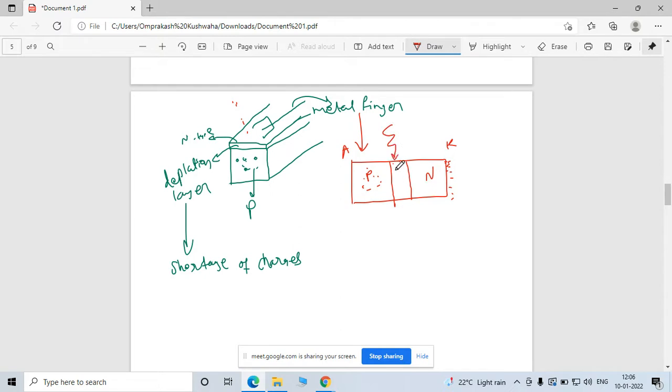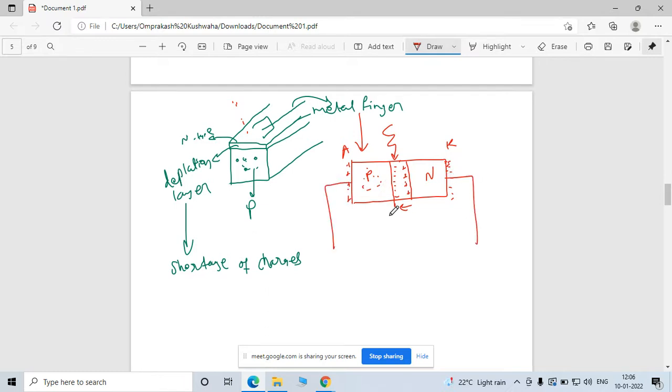If light strikes on that, this becomes your negative side, meaning it excites the particles, and here there is an accumulation of negative charges and here an accumulation of positive charges. By this way the gap becomes zero, because both are attracted to each other. The energy field goes away, meaning this layer is vanished.